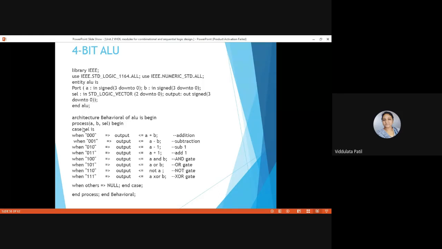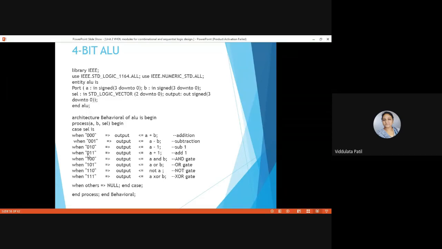Okay, now each time we don't need to use that SEL. So when it is 000, what we want to perform in that case is that output should be assigned A plus B. Another case is when it is 001, then output is A minus B. When it is 010, output is A minus 1.